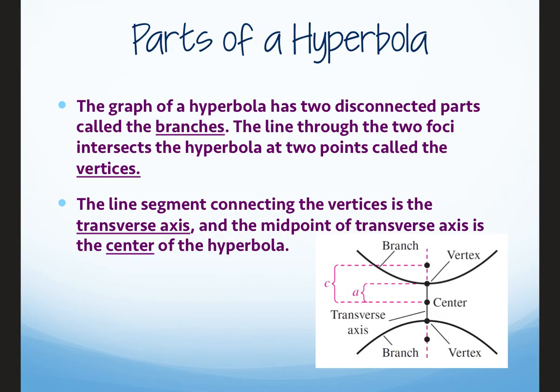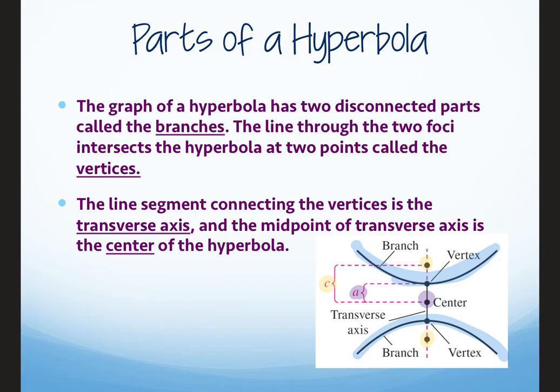Some vocab terms: the graph of the hyperbola has 2 distinct parts, which are called branches. So those parabola shapes are called branches, okay? The center is directly in between those 2. A is, again, the distance from the center to the vertices. The foci live inside the scoops, just like in the parabola. And C is, again, the distance from the center to the foci. And then you'll determine how wide or narrow to make these branches based on B, which is going to give